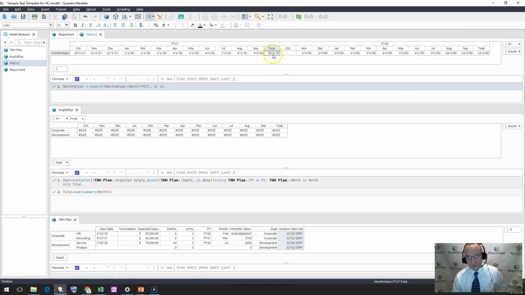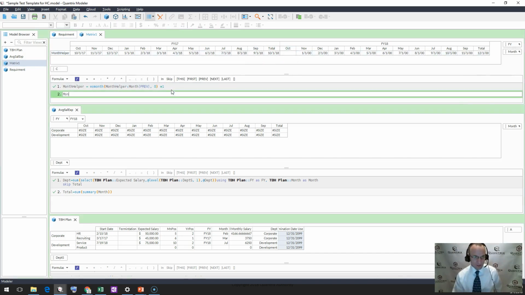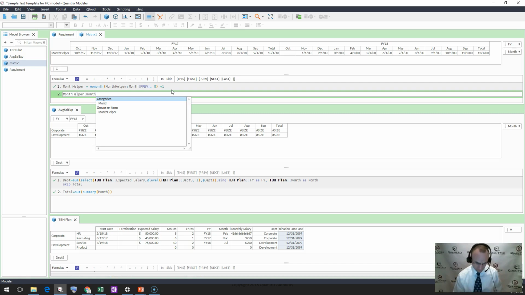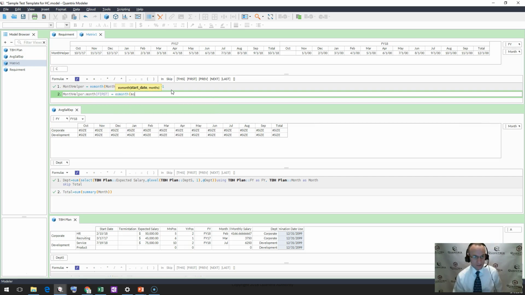So you have to create a workaround here and say, well, this is not populating here in October. I need to go back actually 2 periods and get the correct date for that. So what we would do is I would say, well, month helper of the month first is equal to EOMONTH of month helper month